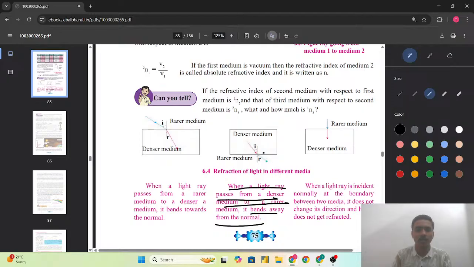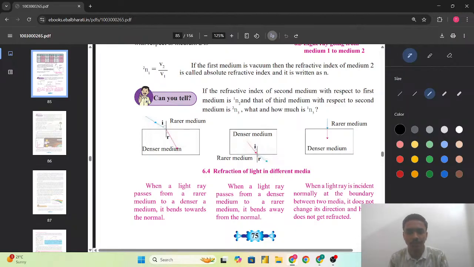This is the second rule. And the third is, when the light ray is incident normally at the boundary between the two media, it does not change